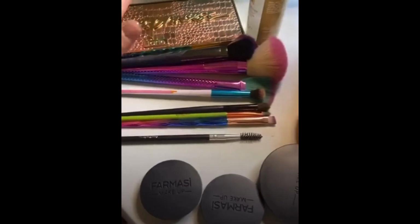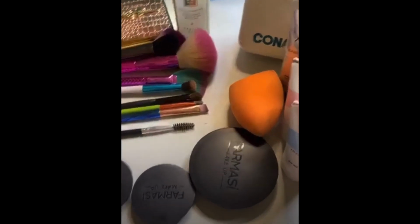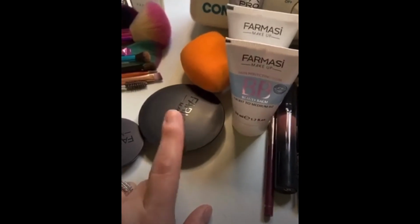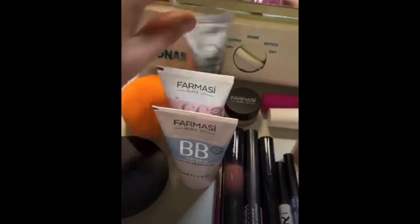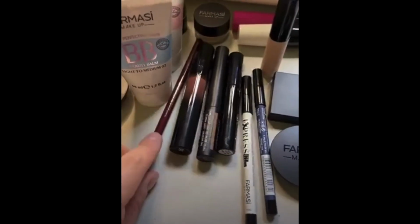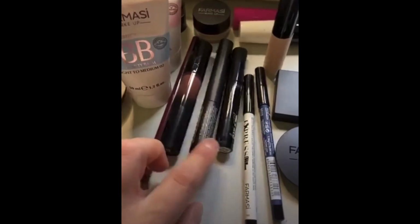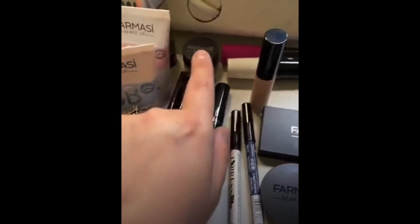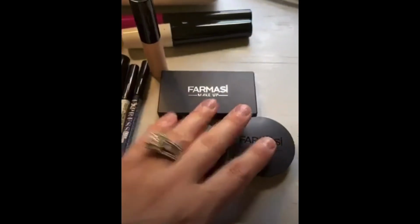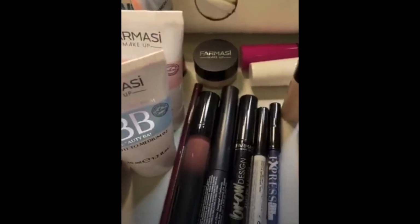I've got my bronzer, which I do not have my Farmasi bronzer yet. That's okay, it's coming. I have my face setting spray, blush and highlighter in here. This is my face perfecting primer, my powder. I have my face primer. I have my BBCC Duo, which I preach every single day, literally. I have a brow pencil. I have 2 different brow gels, which I'll explain why, but you don't have to be as over the top as me. I have my lip gloss. This is my eye primer here, my 2 tubes of mascara, which I'll explain, my eyeliners I'm going to use today, my eyeshadows I'm going to use today, and my concealer. So I'm going to try to turn you back around now without screwing everything up because...